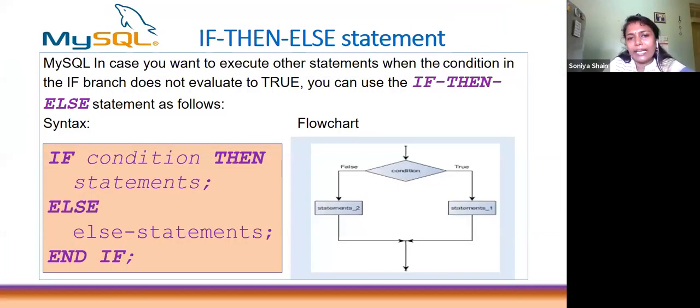Next, if then else. All of you know about the working of if then else. So we will give importance to both true and false. True means it will do one set of programs or statements. If it is false, it goes for the other set of statements. So condition true means statement block 1, and condition false means it will go for statement block 2.